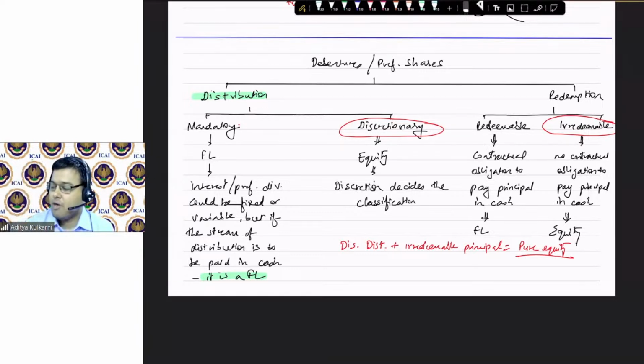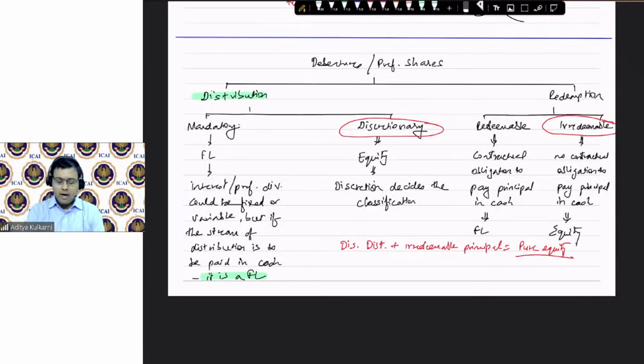If a person pays money for purchase of equity shares, I will pass the entry: cash bank account debit. Cash bank account debit means it is cash. Cash is a financial asset. So it becomes a financial asset for me. And now he is obligated to issue the equity shares. So now the question is whether this is a financial liability. We'll come to that. It is going to be equity only. Why will it be equity? We have one part left, that is fixed for fixed. I am going to discuss that, then that will be clear for you.